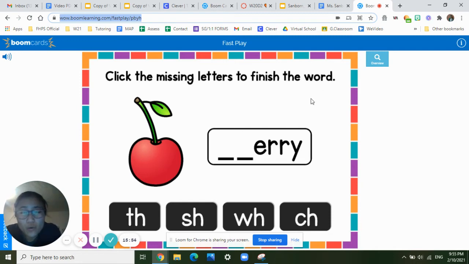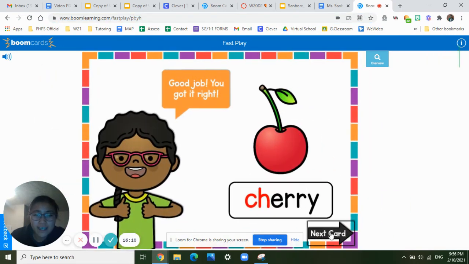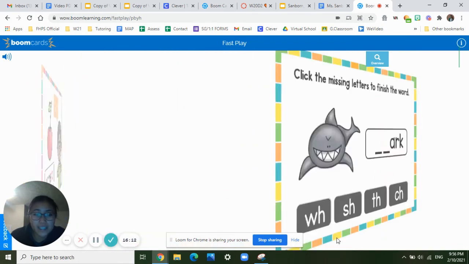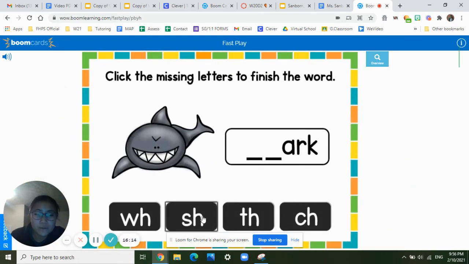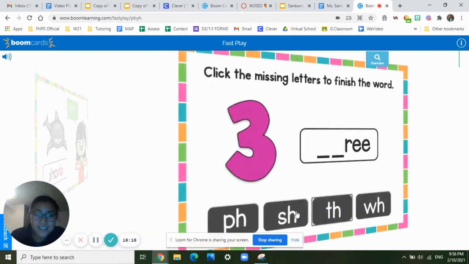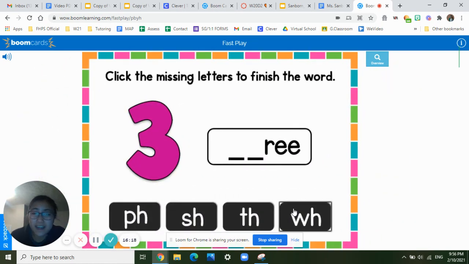And Boom cards are so cool. They're like an interactive Google slide that's super kid friendly. So you can put speakers here that will read the text aloud to the kids and tell them the directions. And then they click the answer and it will just go to the next one and kind of corrects them as they go automatically,